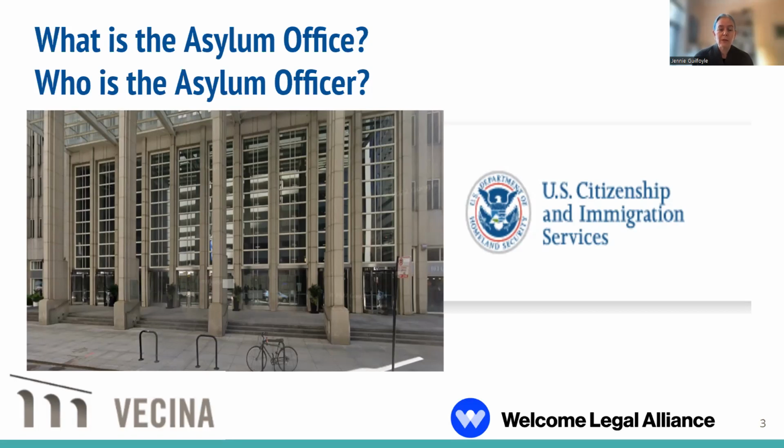They do get a lot of specialized training. They have to go to several months worth of training before they can start adjudicating cases. And they're required to have constant training from the asylum division, all about asylum law and asylum cases and how to adjudicate asylum cases. So an asylum officer, all they do all day long is review applications, interview applicants, and prepare decisions.